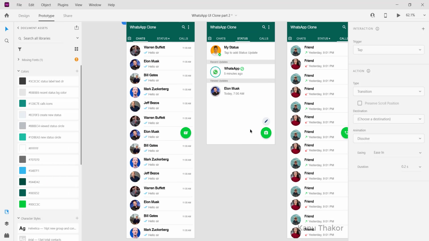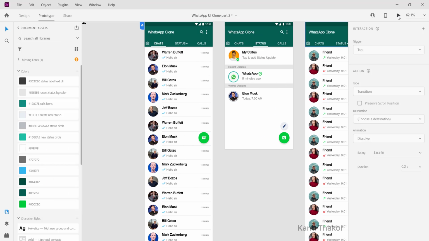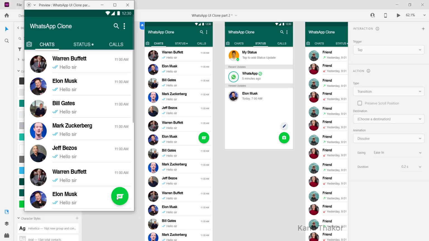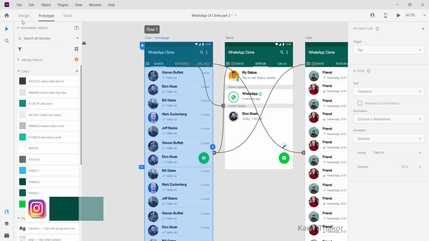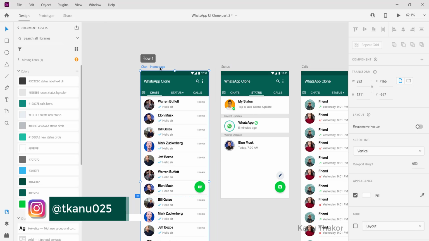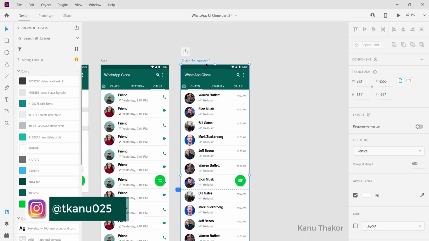We have created this one, and now we are going to add a functionality so that whenever we click on this icon or this button, it will bring us to a new page, and on that page we can create a new contact, a new chat and a new group. For that we are going to select this one, go to the design section, and duplicate it using the shortcut key Ctrl D, and then I will change its name to create contact.